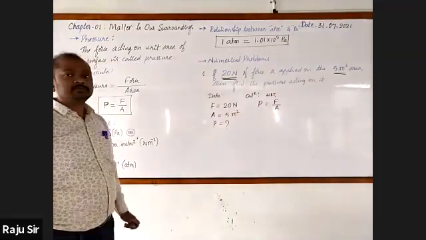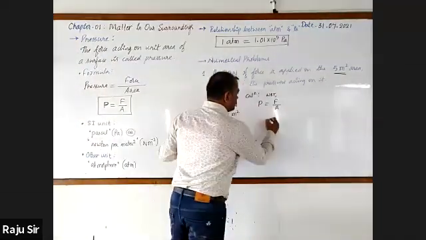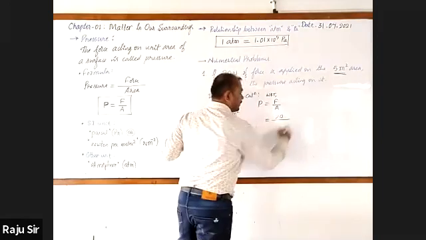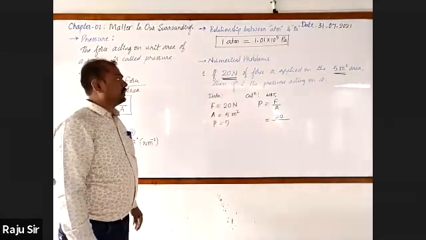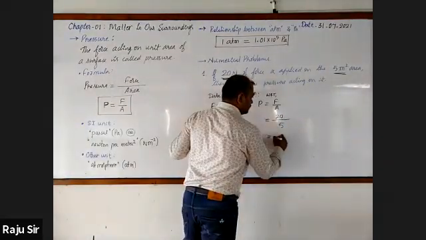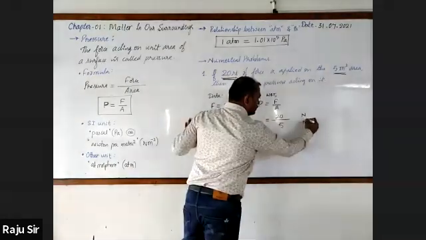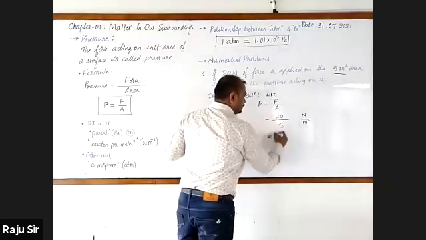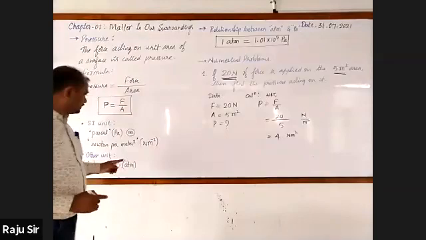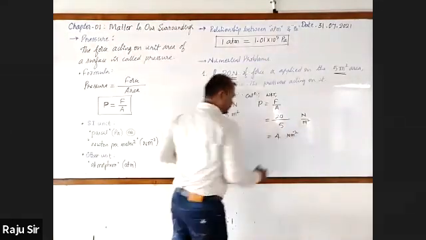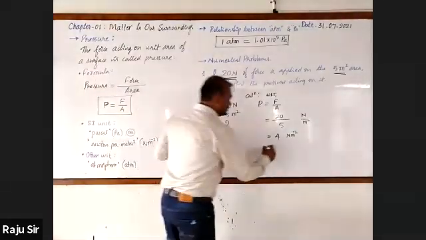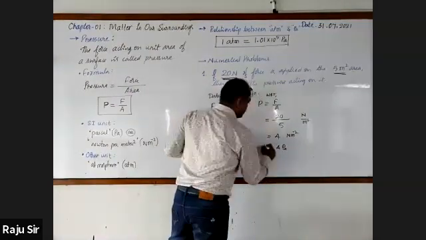Copy this. F is the force, it is 20 Newton. Calculation: the area is 5 meters square. The 20 Newton, here it is 5 meters square. 5 fours are 20, so it is 4 Newton per meter square, which is nothing but Pascal. You can also write just 4 Pa.